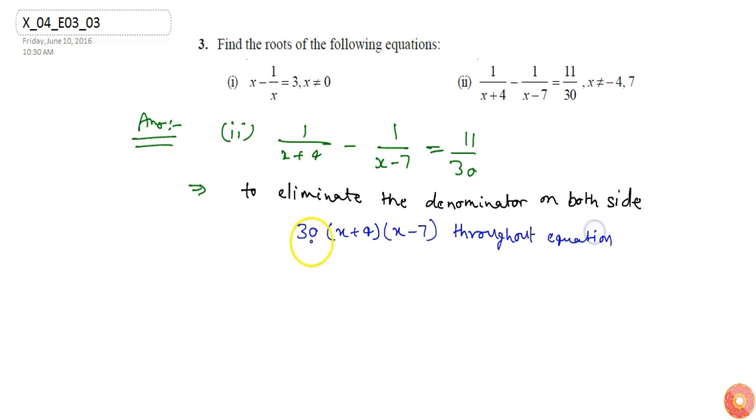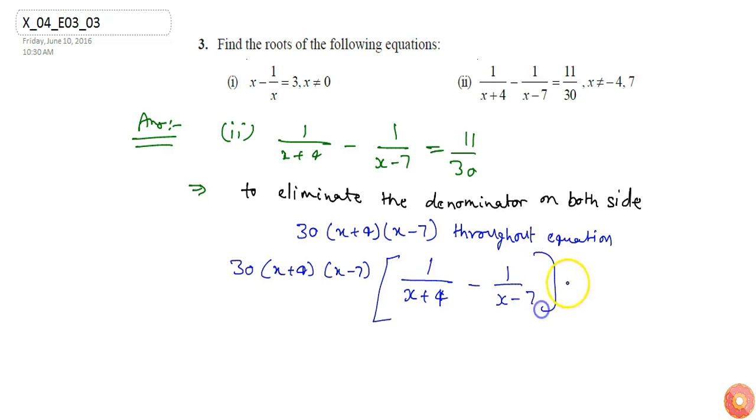So if I multiply 30 into x plus 4 into x minus 7, it will be 30 into x plus 4 into x minus 7 multiplied by 1 by x plus 4 minus 1 by x minus 7 equals to